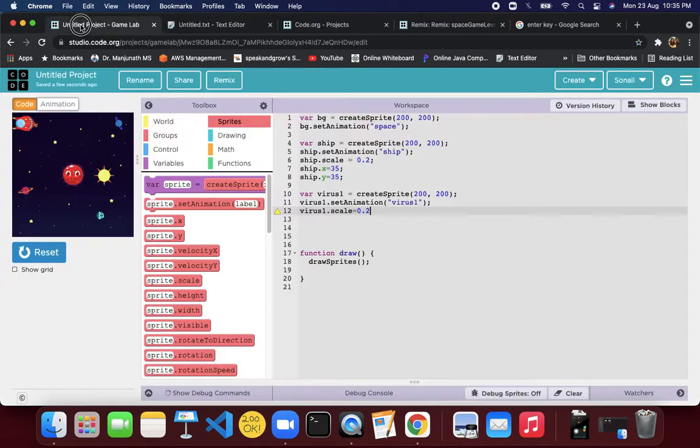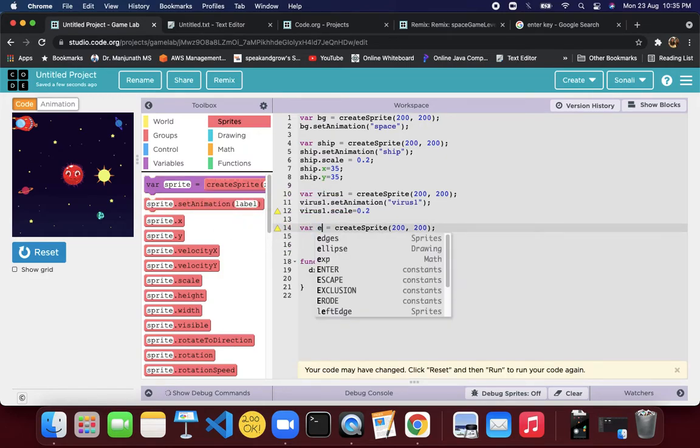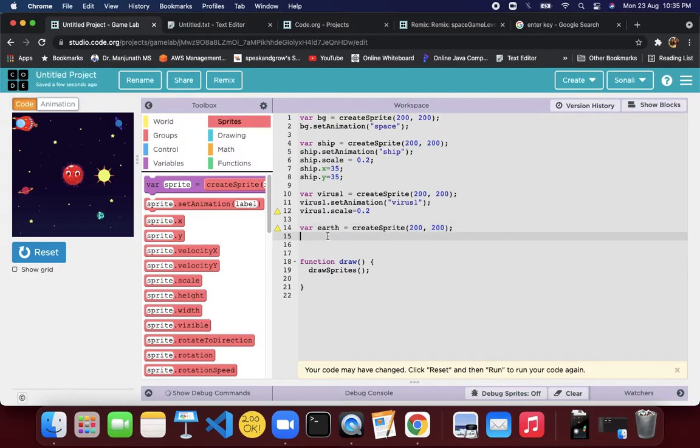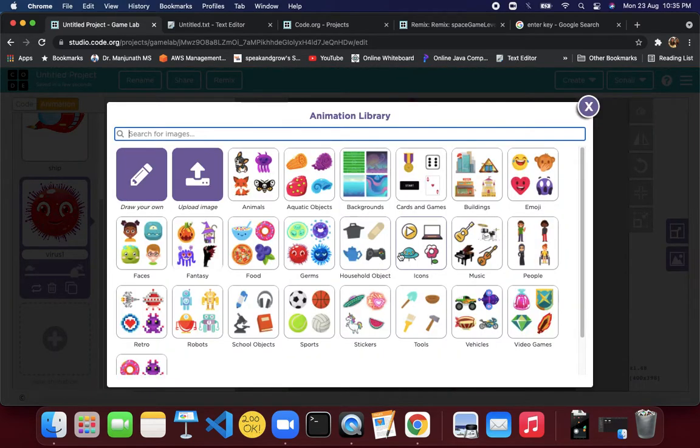Then finally Earth. We can keep one, and now it should be easy for you. Again the same thing, Earth, and we need to put some animation for Earth. Let us go there, and maybe we will find it in the germs only. I don't think we have other things here.